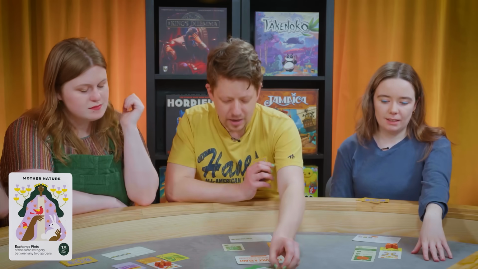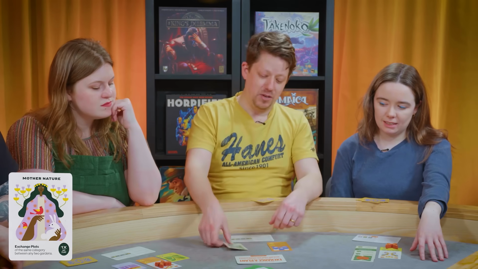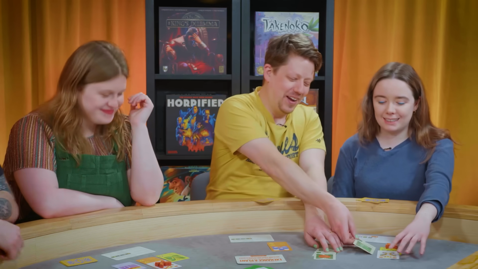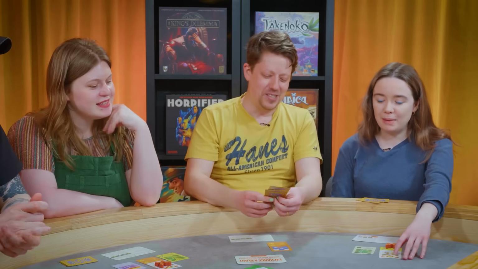Exchange plots. I'm going to give you Tilly. It's actually quite good for you. You can have my beautiful Sasquatch. Oh, thanks so much, mate. I want to take four of these plants. But I will, in exchange for my generous offer, take...